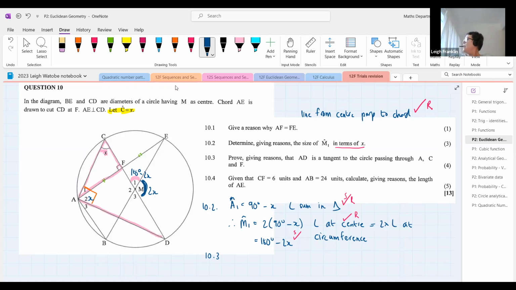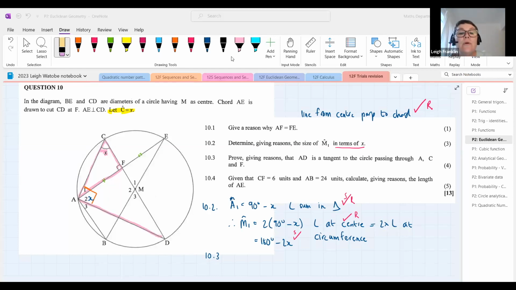So in order to prove converse, radius, perpendicular to tangent, we're trying to prove that the line is a tangent, right? So we have to prove that the radius is perpendicular to that line. We don't actually know that CA is a radius or a diameter of that circle. So I think it's going to be better for us to go with what I originally suggested in this question. Okay. So I hope everybody can see what I have written on the screen here. We know the size of